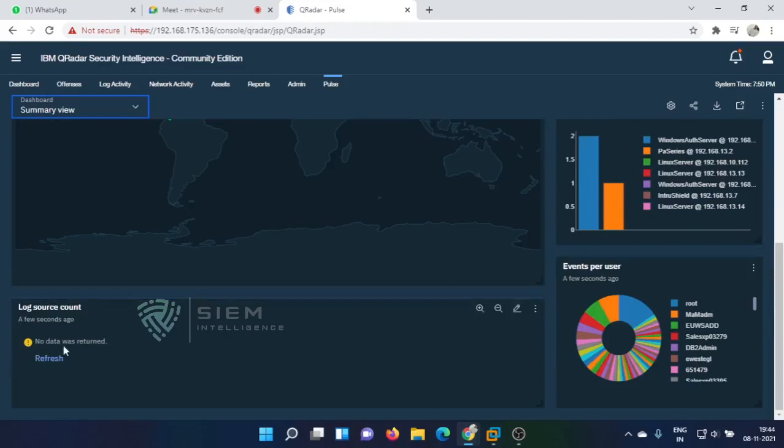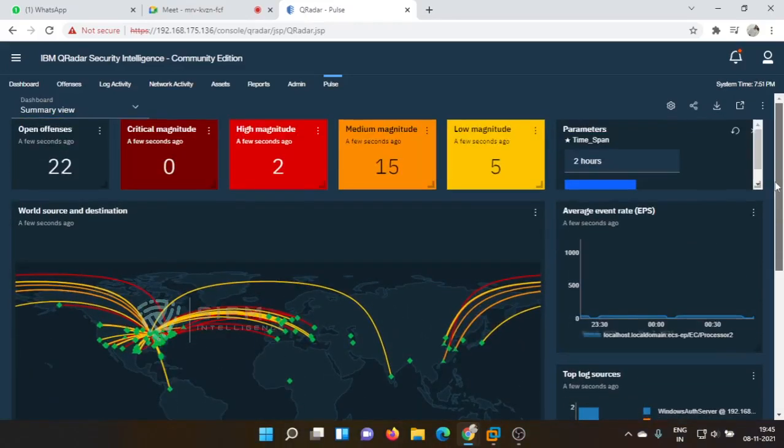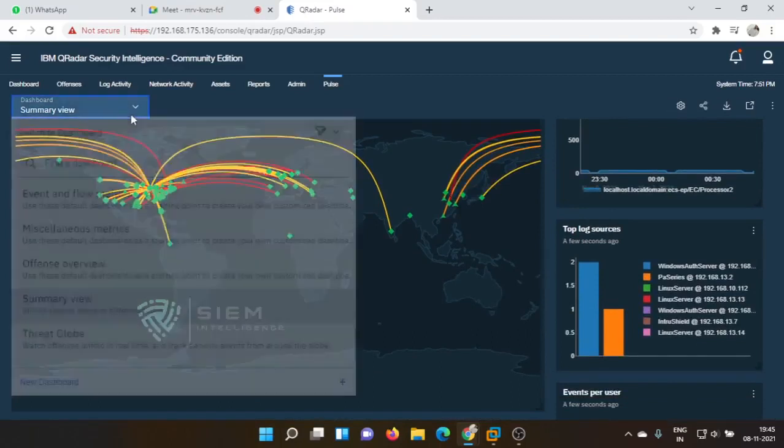So log source count and all. If you refresh this, actually it will take so much time. Again, these are the things, see, events per user, you can come to know all these things. Again, I said this is a time-taking process. Once it is stabilized, it will give the better data. It is trying now, picking the things actually. Okay, so I want to show you installation as well as the stabilized version. It keeps on updating so many things at the same point of time.